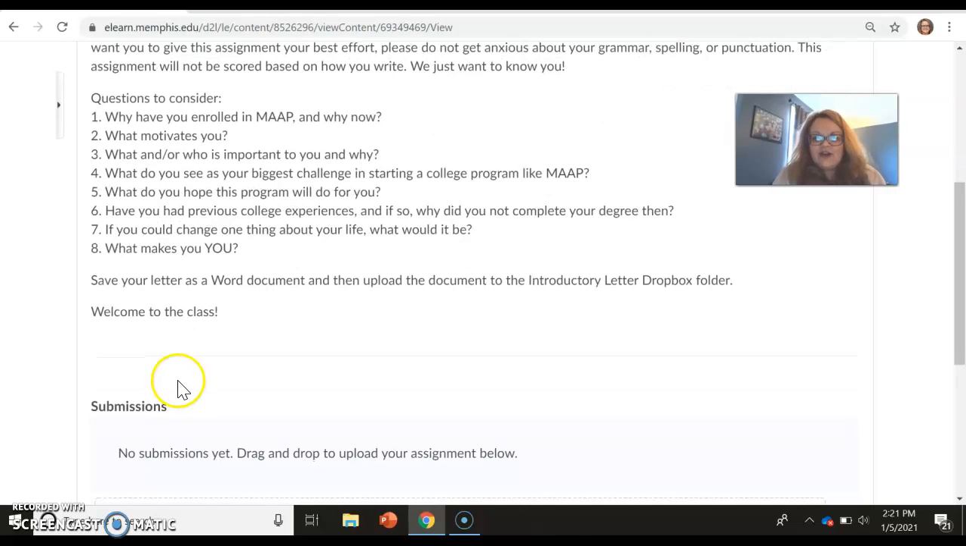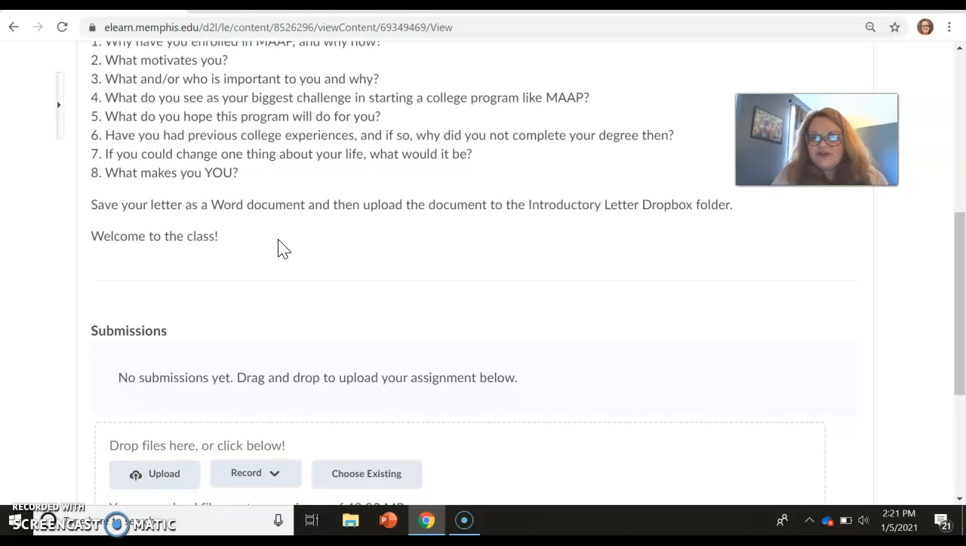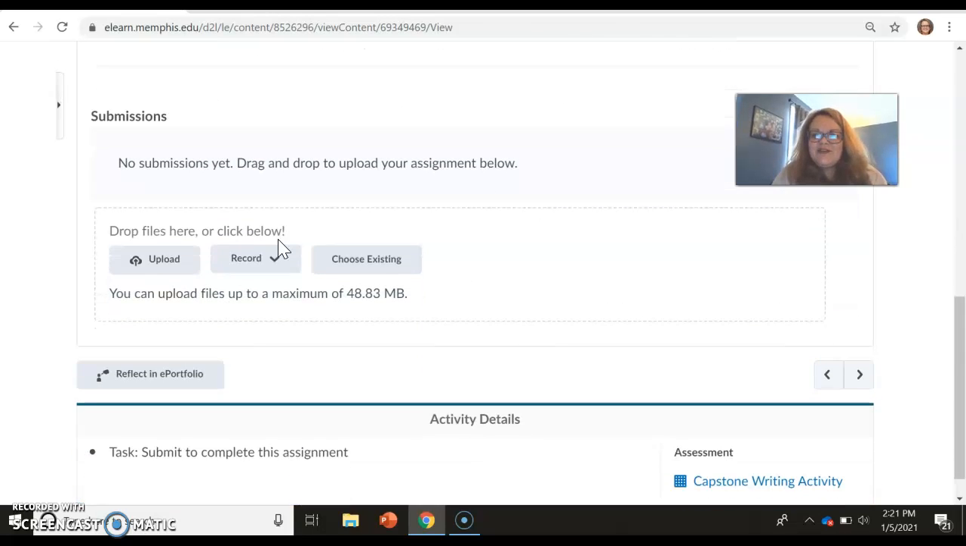You'll write your letter. You're going to save your letter as a Word document. It's actually really important that you save it as a Word document. If you're working on a Mac computer, you still need to save it as Word or as a PDF because eCourseWare does not recognize pages, and so if you upload pages, it just looks like gobbledygook and we can't read it. So save it as a Word document,